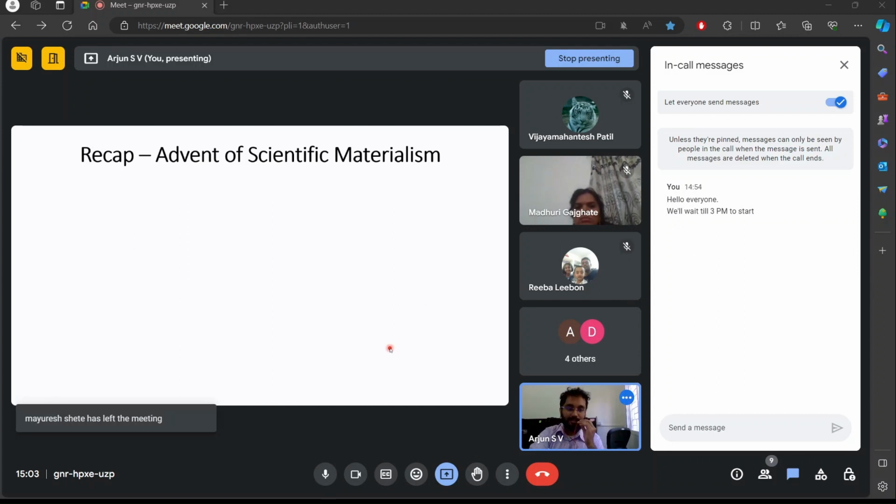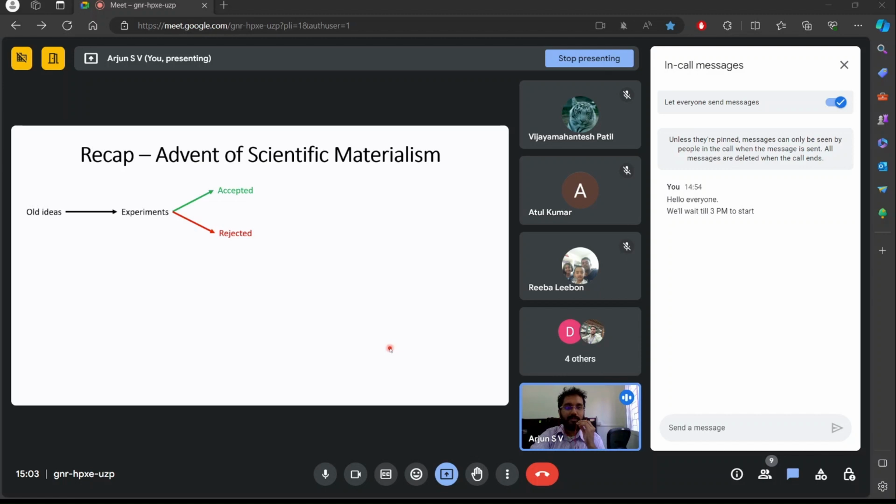So week 4 starts off with the end of week 3, where the history of different types of materialism is being discussed, and week 4 starts off with how mechanical materialism was propagated. So, can anyone tell me what mechanical materialism is? Like how it was defined? Just a basic definition of mechanical materialism. Okay, if not, I'll tell it.